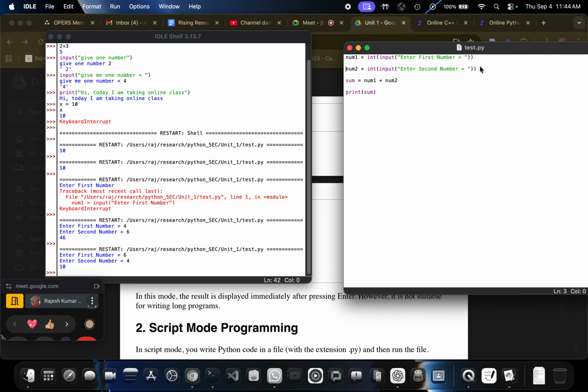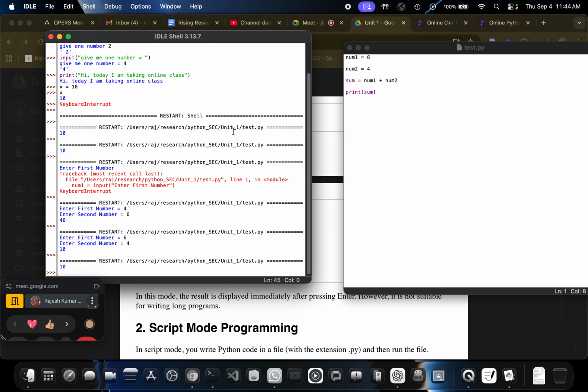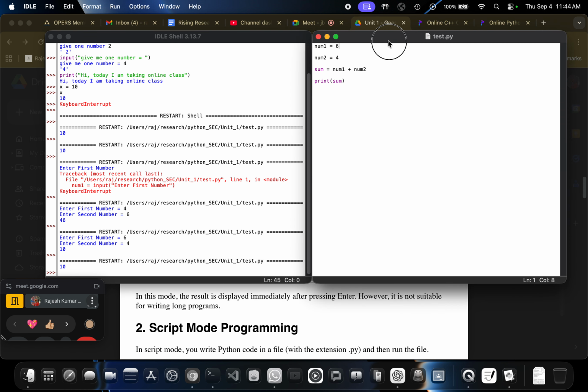But previously, if we just don't use this here, we just put 4 and we just put here 6, then it automatically takes it as numerical. It always sums as 10. So it is something with the input built-in function. So that was an example of how to use Python in script mode.